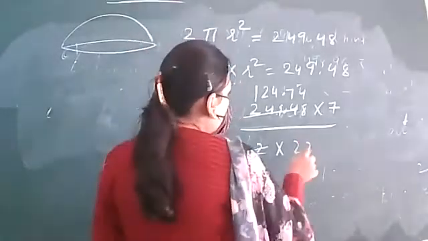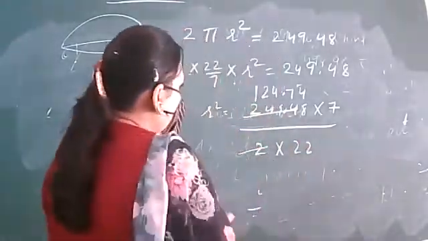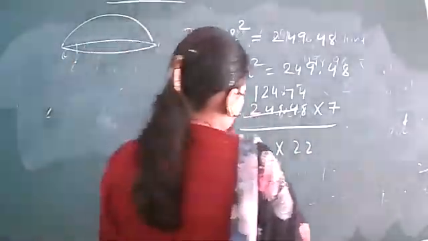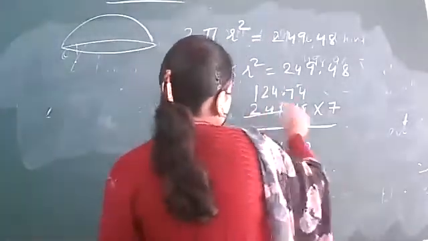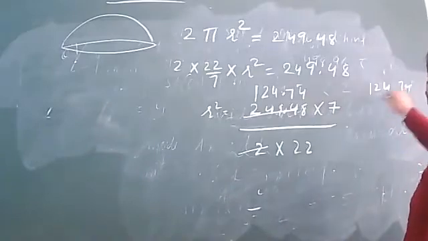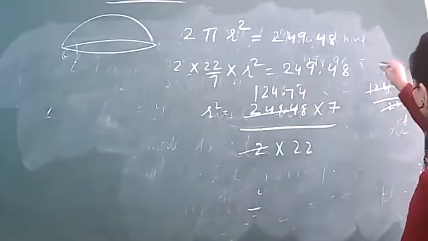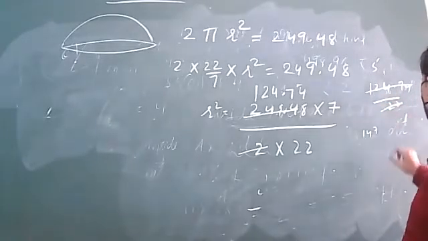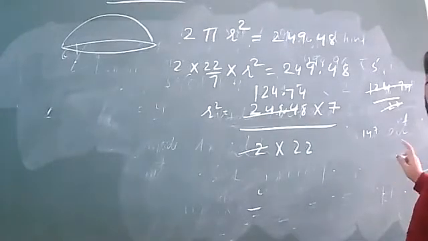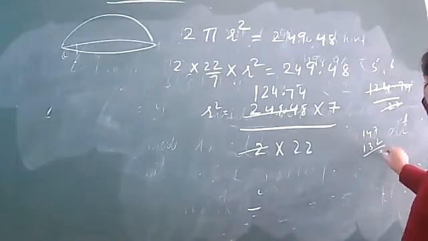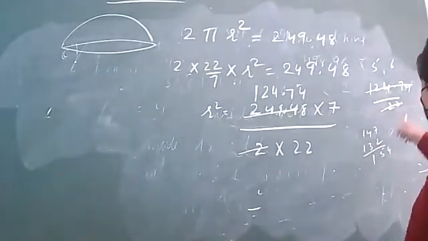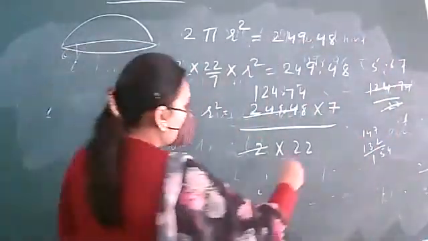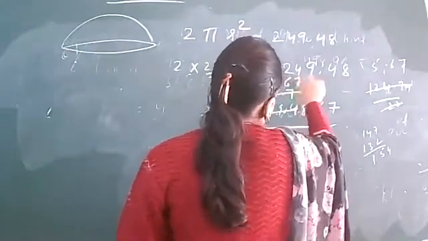ठीक है, चलिए अब 22 के टेबल पे देखते हैं, will it be cut directly. So 22 5s are, this is 22 एक minute, 124.74 by 22. 22 5s are 110, 417, 147, 22 6s are 132, this is 5, 1 and 4, 24, 22 7s are 154, this is 5.67 multiply by 7. So सीधा 22 के साथ cutting हुई, this becomes 5.67.